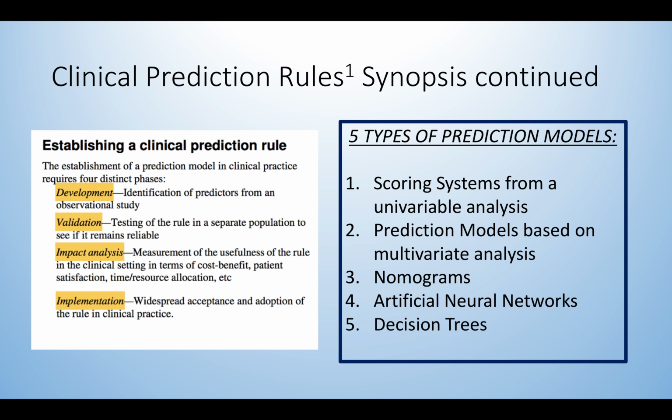The second one, based on a multivariate analysis, as you can see here. I realize I'm pointing to the screen with my finger and you can't see my finger. So number 2 is a prediction model based on a multivariate analysis. It's basically the same as a scoring system, except it's a little more refined, it's a little more simple, because it only uses independent variables, as well as it shows odds ratios, which is the likelihood of something happening